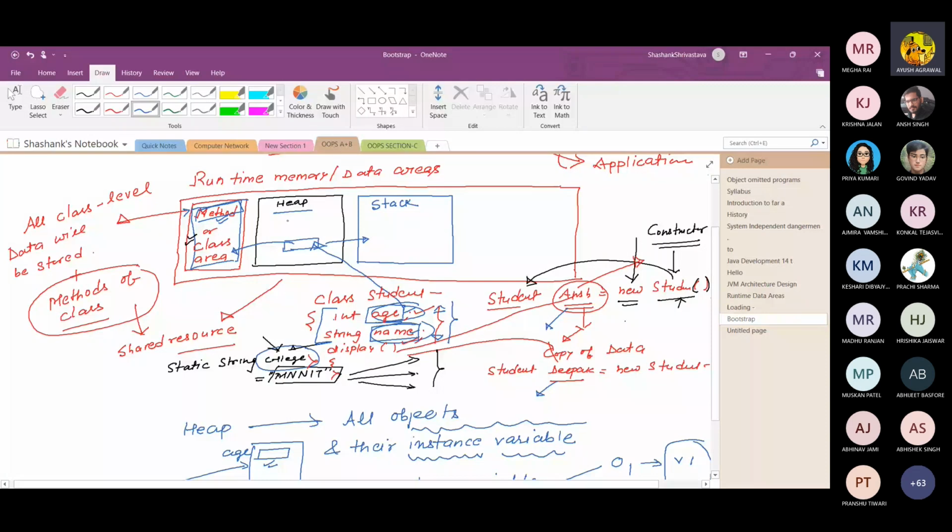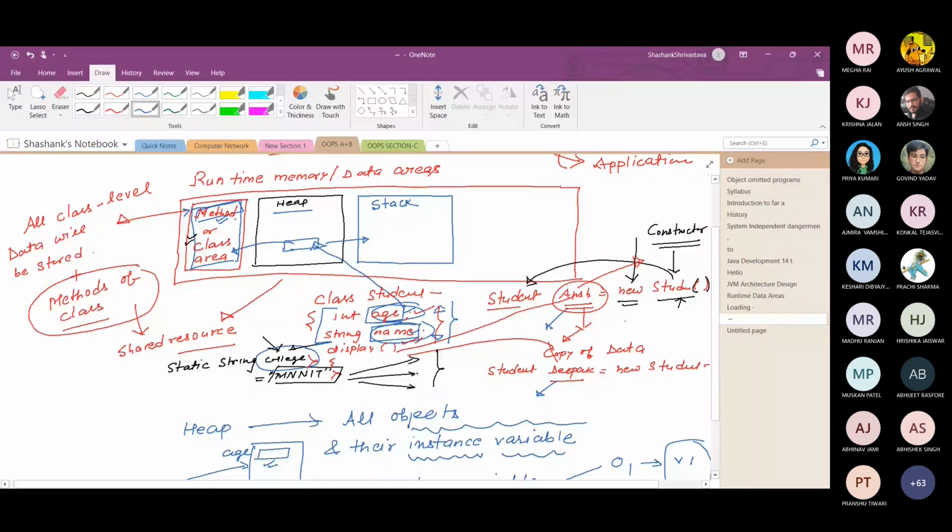With the help of the class only we can access the static variable. So static variables are stored in the method or class area. Things related to the class are stored in the method or class area, while all the data variables of the objects are stored in the heap area.